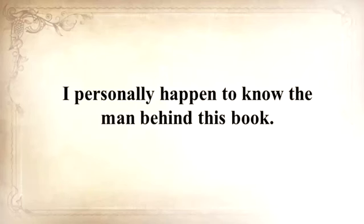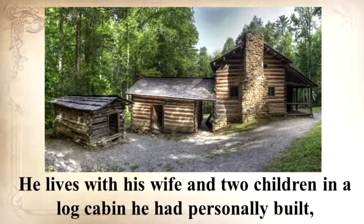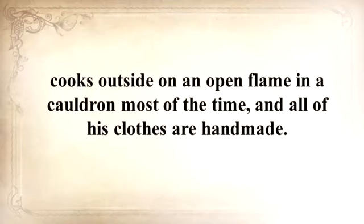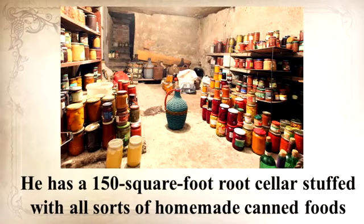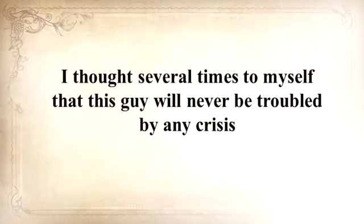I personally happen to know the man behind this book. Claude is an old-fashioned guy by any standard. He lives with his wife and 2 children in a log cabin he personally built. Cooks outside on an open flame in a cauldron most of the time, and all of his clothes are handmade. He has a 150-square-foot root cellar stuffed with all sorts of homemade canned foods and goods, and he raises cows, sheep, and chickens. I thought several times to myself that this guy will never be troubled by any crisis, because